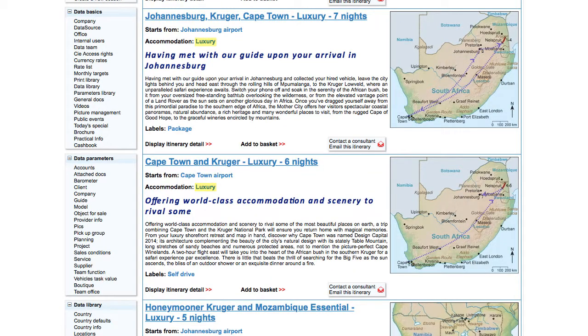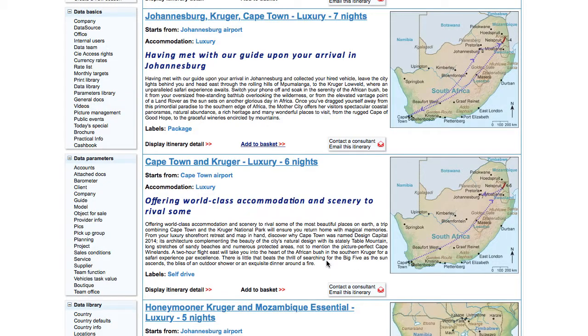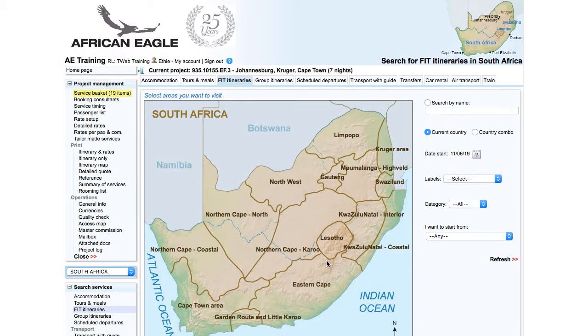Once you have found an itinerary that matches the client request, for example Johannesburg, Kruger, Cape Town, Luxury 7 nights, click on Add to Basket. The services to be added pop-up shows all the services about to be added. Click Add to Basket to confirm. Note that the number of items in the service basket has gone from empty to 19, as all the services are added at once. Click on Service Basket